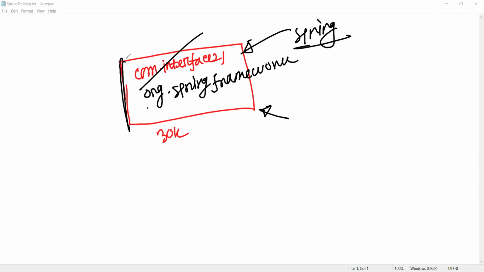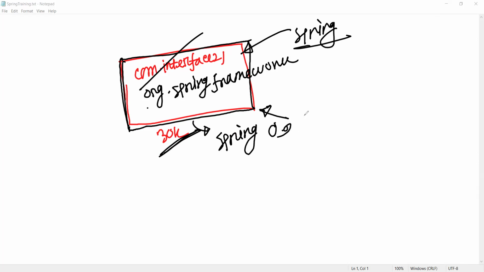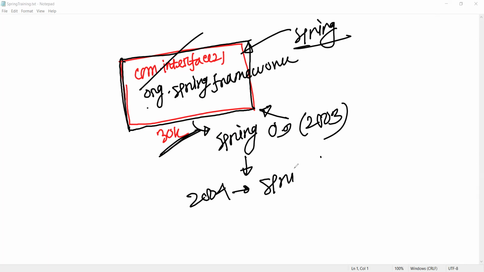This 30,000 lines of code is right now open source, publicly available on the internet, right? It came into the market as Spring 0.9 in 2003 only. Then in 2004, Spring 1.0 came into the market.